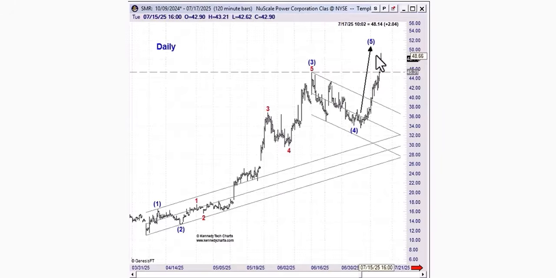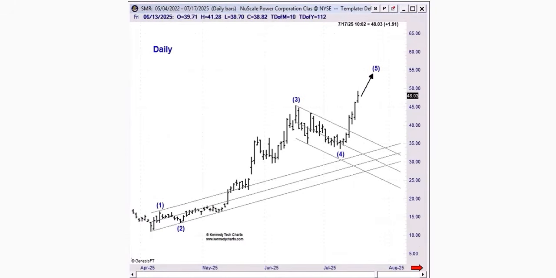We're currently trading 48.15. But the reason I'm coming back to show you this example is, again, how this trend line technique can aid you in identifying the difference between a trending price move and a counter-trend price move. And just to clean the price chart up a little bit, I went to a daily time frame here. And you can see back here in May, this time frame right here, we did